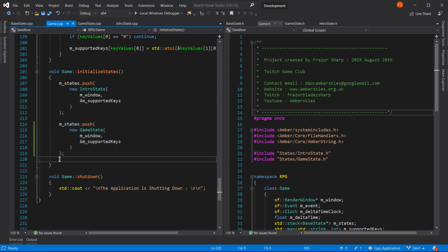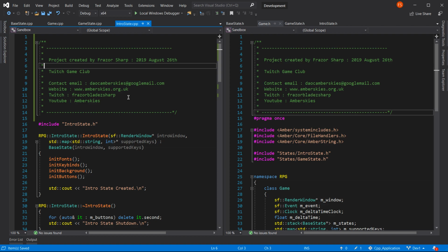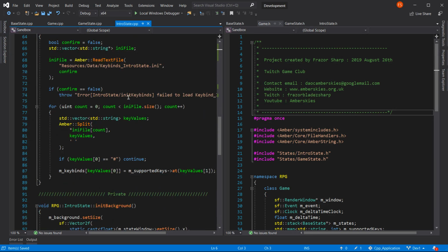But first of all, let's get those buttons going. So we'll just Z that back, and save it. That was where we'd ended our stream on Monday, where I was showing we've got buttons, but our changing between states isn't very good yet. Let's be honest. So let's go back to our intro state, and the first thing I'm going to do today is,